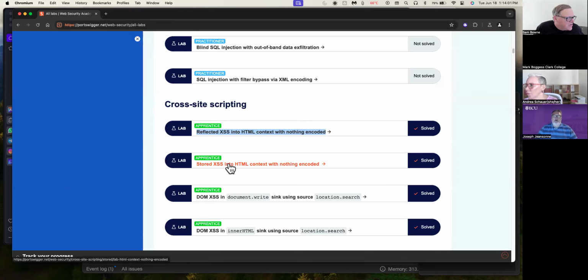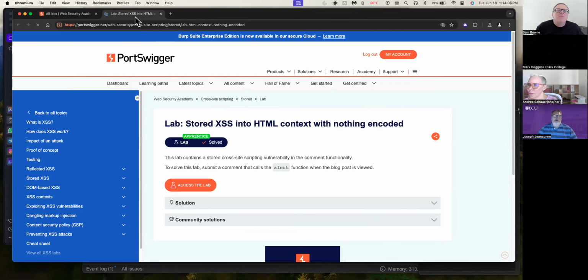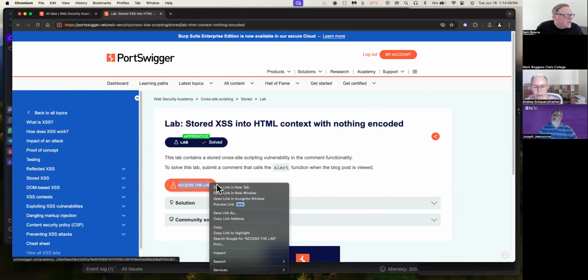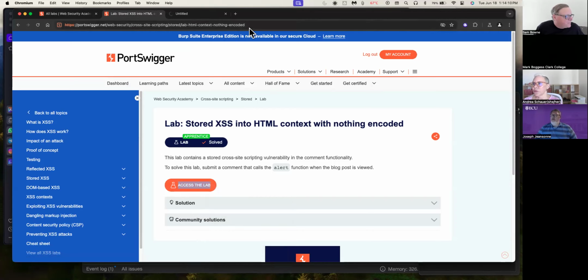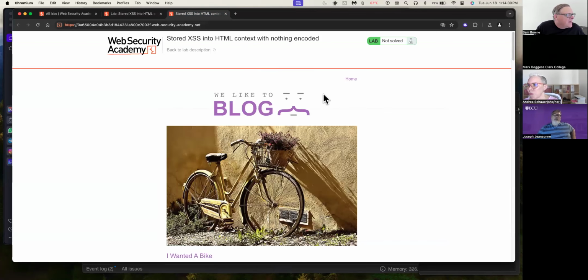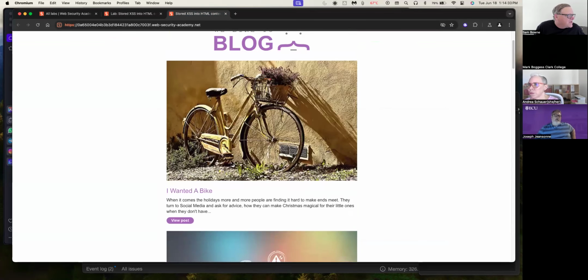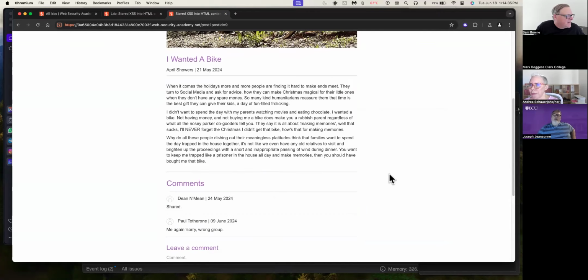And here's another one where you store it into an HTML context. That was reflected cross-site scripting. This is going to be stored. And this is what happened to MySpace in the day, and it happened to Twitter many times. And I imagine it probably happened to Facebook too. Any place that takes content from a user and posts it so other users can see it is liable to have this problem. So in the comment functionality, okay, there's comments, if I view the post,